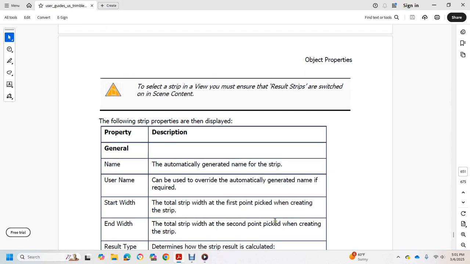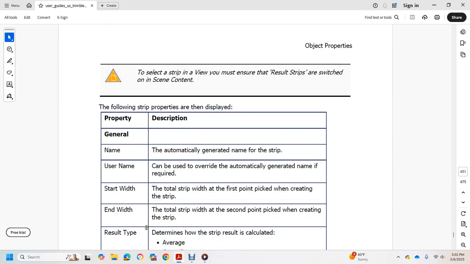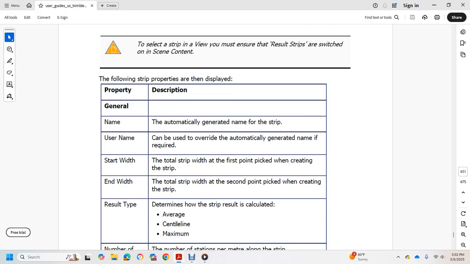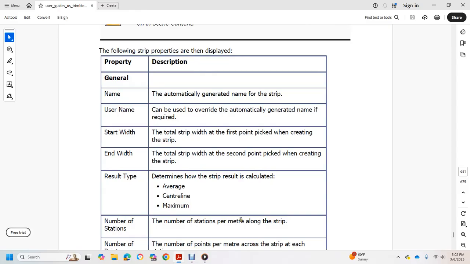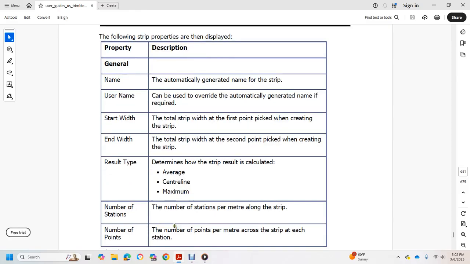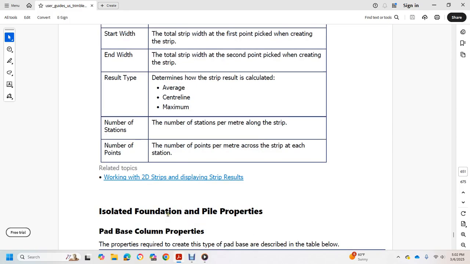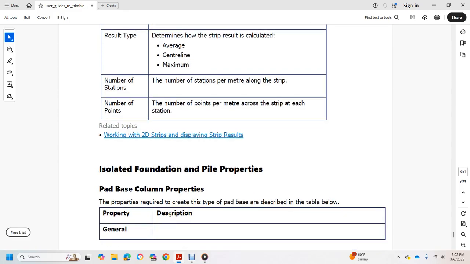The end width is the total strip width of the end, second point picked for creating the strip. Resulting type determines if the strip result is calculated average center line. Maximum number of stations, number of stations per meter along the strip, number of points per meter across the strip at each station. Isolated foundation pile properties, base pad base column properties, properties required with